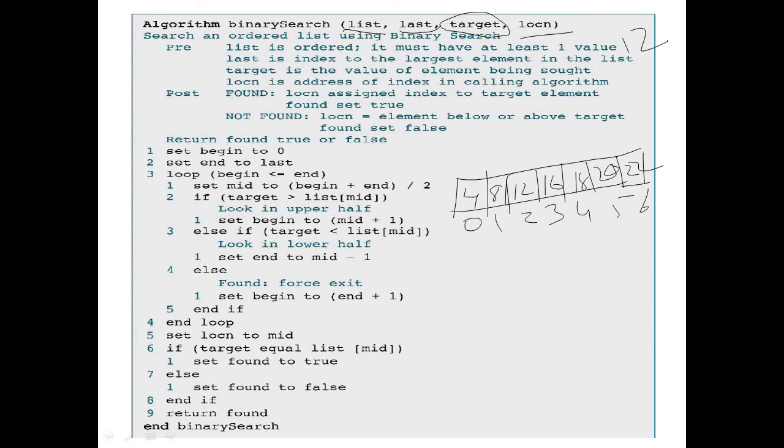So loop: begin, is it less than or equal to n? Yes, 0 is less than or equal to 6. Set mid equal to begin plus n by 2. So 0 plus 6 by 2 means 3. 3 will be the middle.